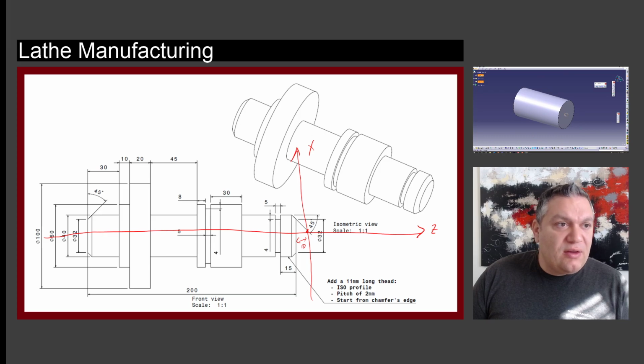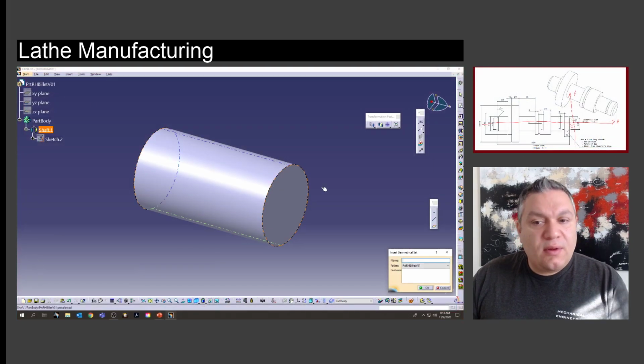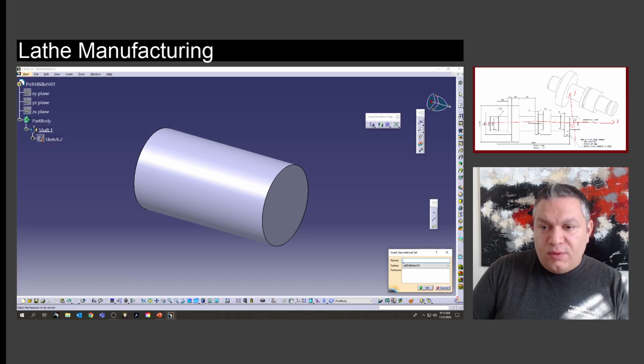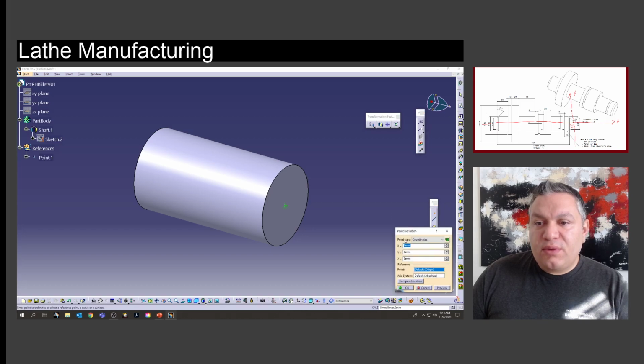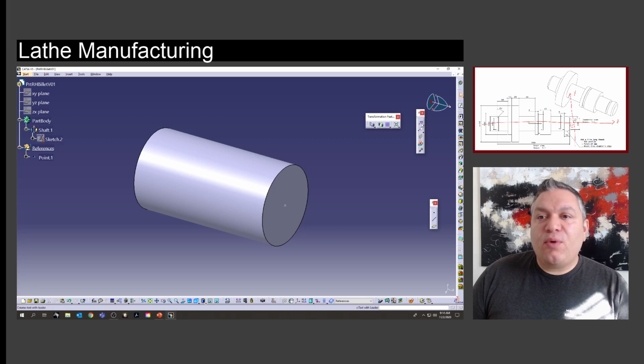We're going to hide all of these, hide show. We're going to create geometrical reference, and we're going to say references here and start with a point 0, 0, 0. So this is our programming point. We're going to create